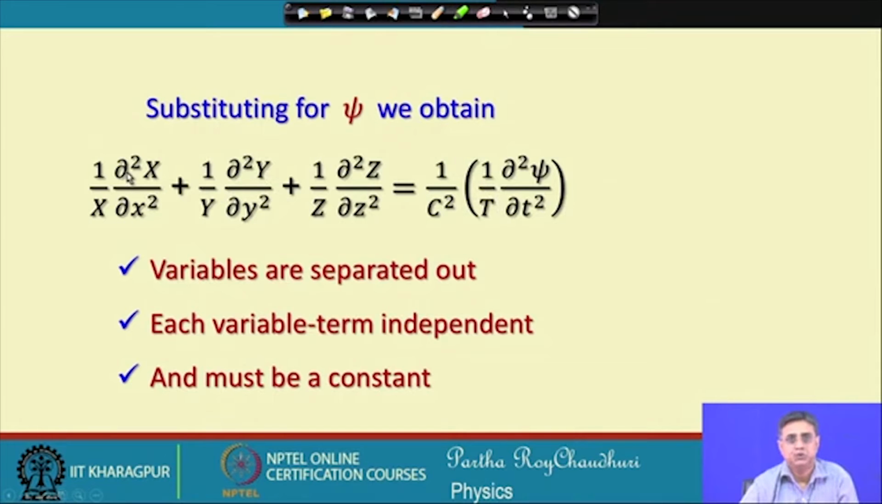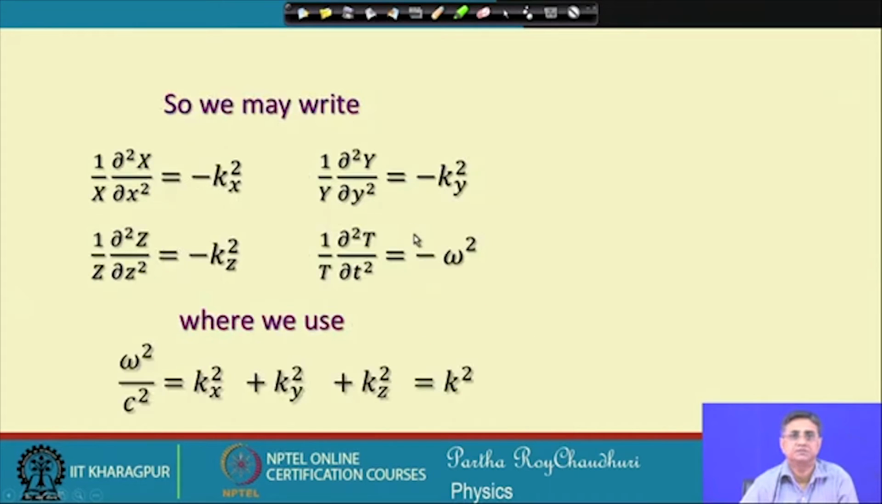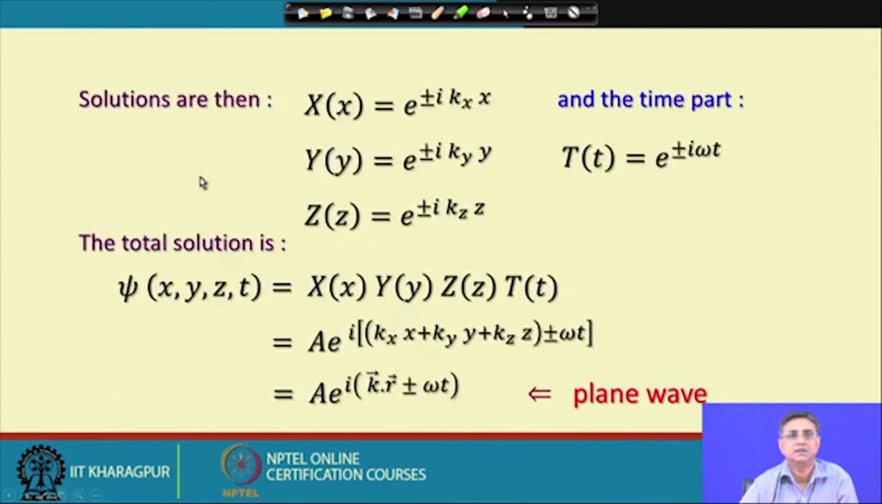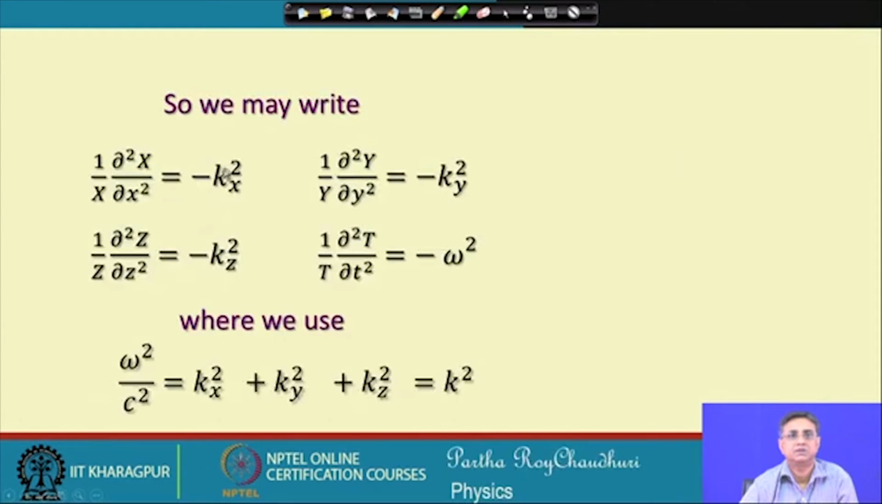So, if each of the terms is independent, then each must be equal to a constant. Putting that constant for each of them, I put this one equal to minus k x square, this one equal to minus k y square. You can see here I can put minus k x square, minus k y square, minus k z square, and for